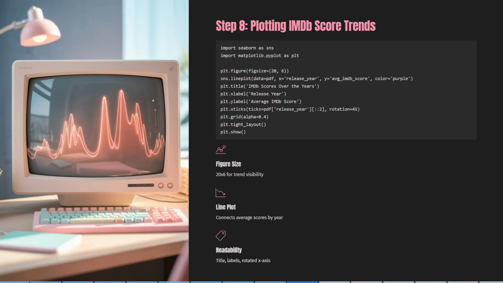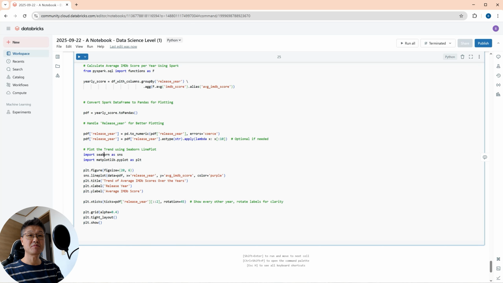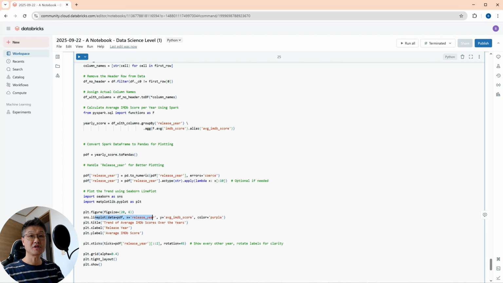Step 8, plot the trend using a Seaborn line plot. We're going to import Seaborn and matplotlib.pyplot, and the figure size is 20 by 6, and for the line plot we're using the line plot in Seaborn, right? Here it is. We're going to Seaborn